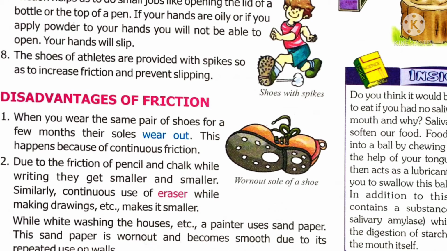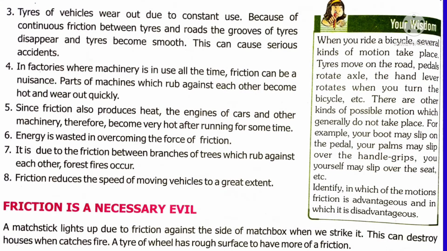Due to friction, tires of vehicles wear out and become a smooth surface. Also in factories, machine parts rubbing against each other become hot and wear out quickly. Because of this, what will happen? The energy will be wasted. More petrol or fuel will be consumed by the machines. Friction reduces the speed of moving vehicles to a great extent. Here, friction is called a necessary evil,